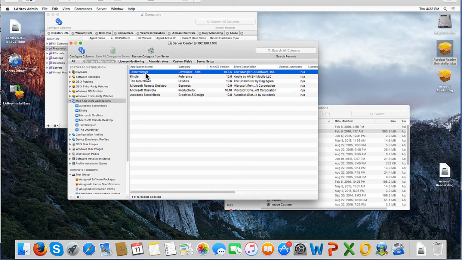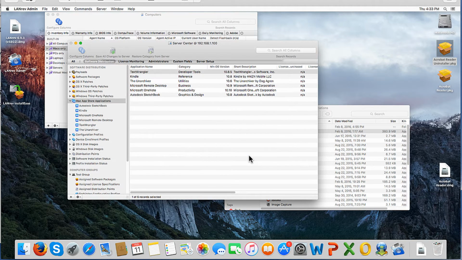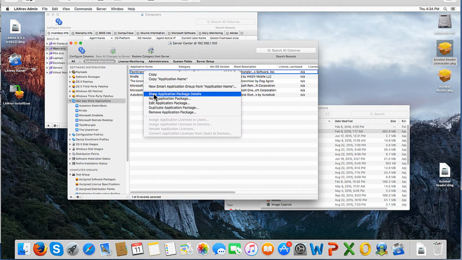So let's pick on Text Wrangler there. And the only thing you really need to do here is just copy and paste the App Store URL for the app, and we will pull the rest of this, including the icon for your application. And that's all there is to it. If you have a VPP token installed, we'll automatically pull the licensing for that particular app, and it'll actually show up in here. So if we view the details for this particular application,